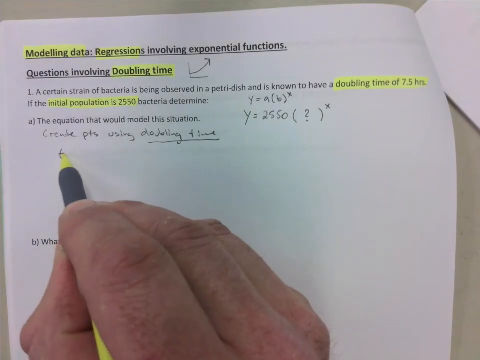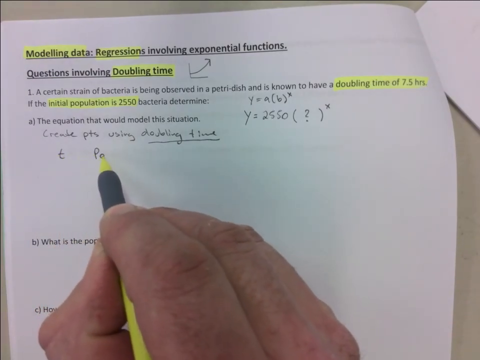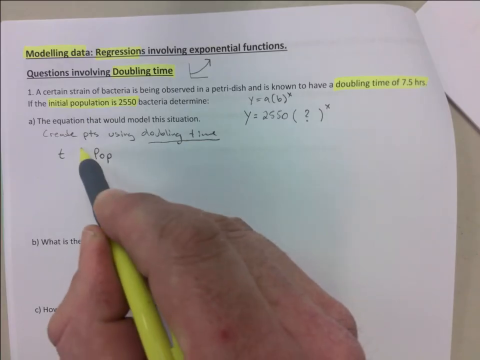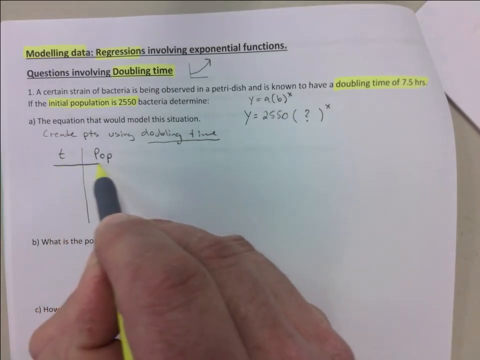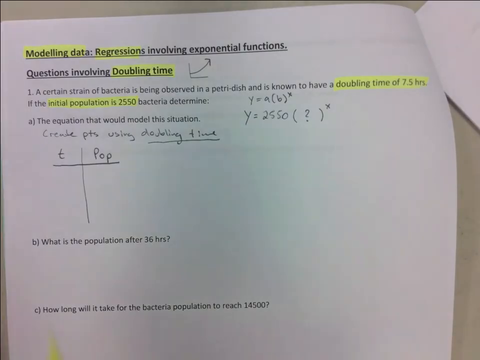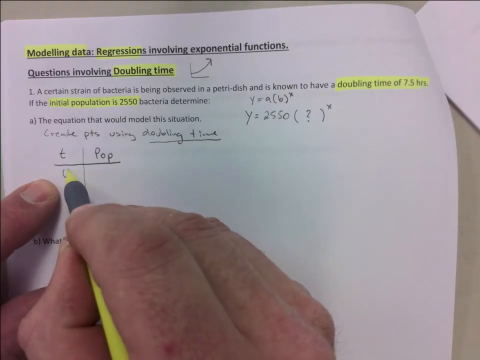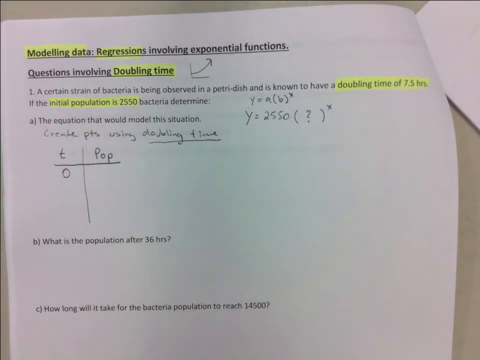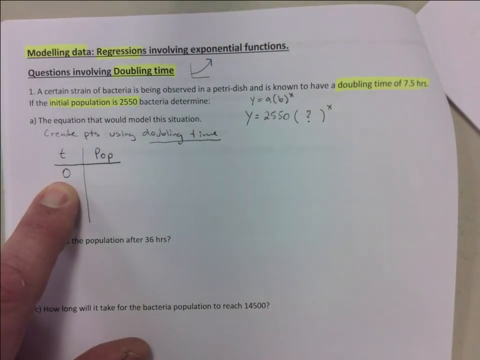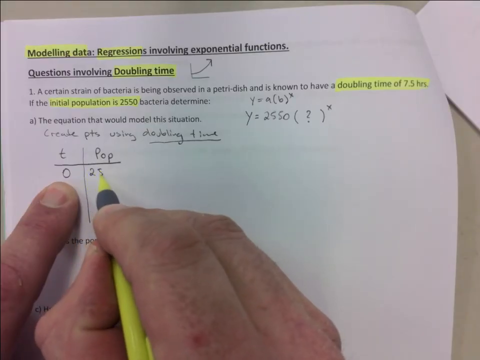So this would be time, and this is population. Okay, so we're going to say, this is crucial here. In this case, they don't give us a certain year, right? They don't tell us in the year 2000 you've got 2,550 bacteria. They don't tell us that, or right at 5 o'clock p.m. So we're just going to start with 0 time. We've got 2,550,